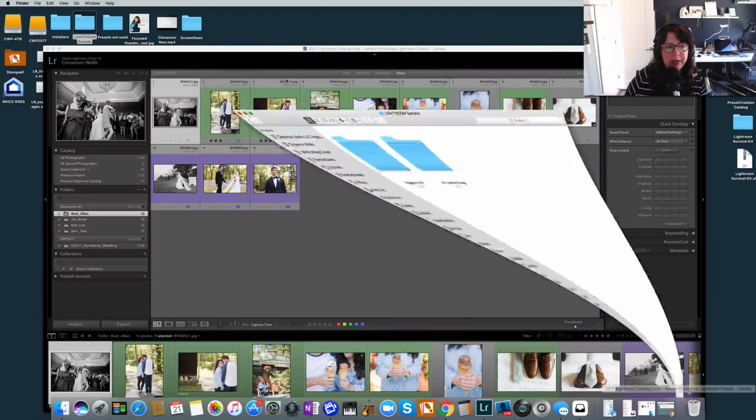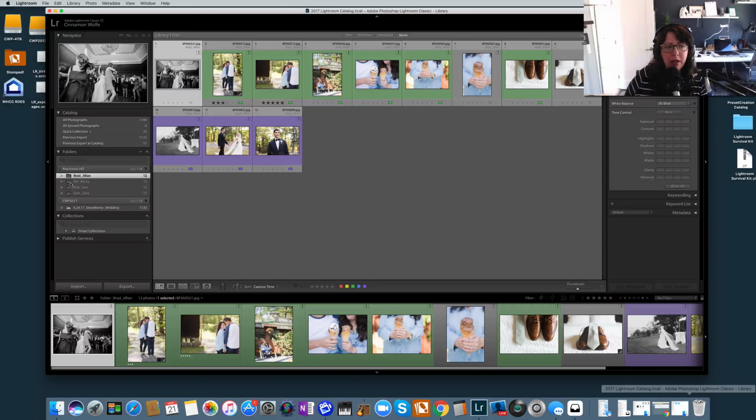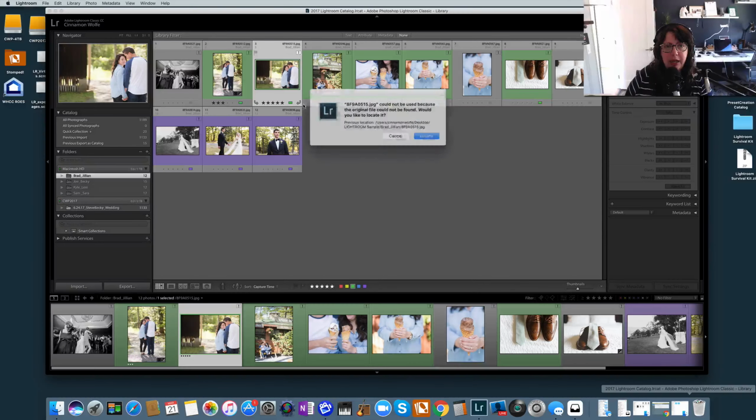So I'm going to minimize that, go back to Lightroom, and you're going to see right away question marks come up on these folders because Lightroom is like, wait a minute, what did you do with these folders? I don't know where they went. And you can see the little exclamation points showing on the photos. If I click on this, I'm going to get an error message that says this file could not be used because the original file could not be found. Would you like to locate it? And then it's going to tell you the previous location. So you can see here that this was on my desktop in Lightroom sample, but it's no longer there